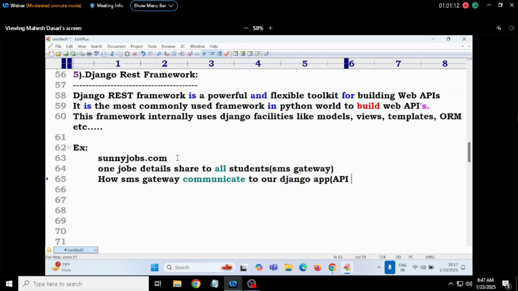API is a must and required. Such types of APIs we have to implement. One more best example: around the entire world, how many people are there? So many people are there. 7, 8,